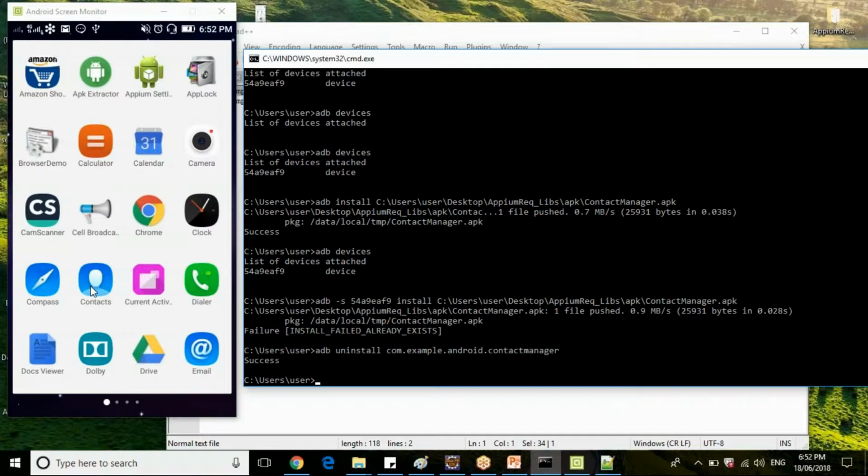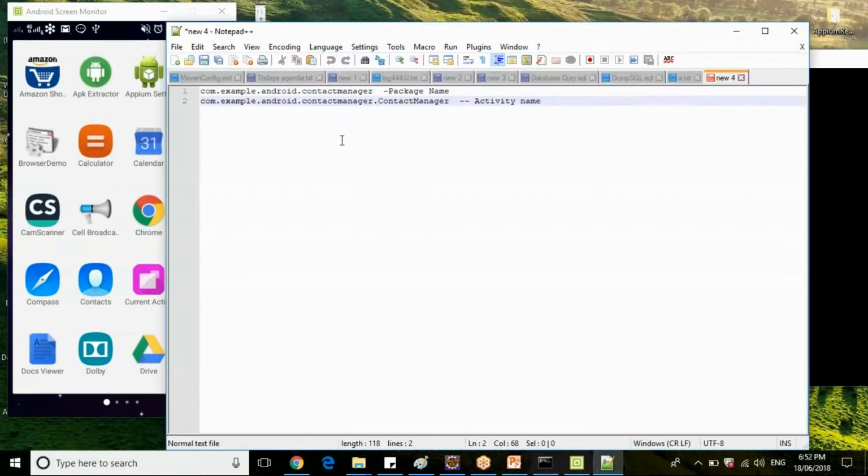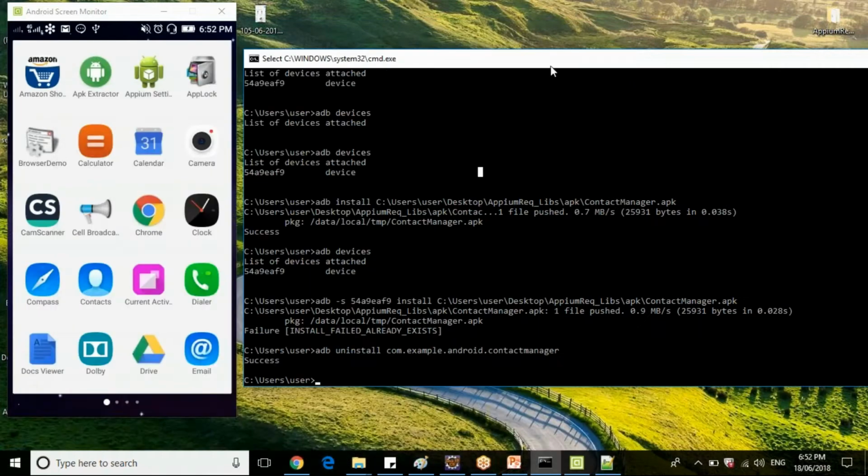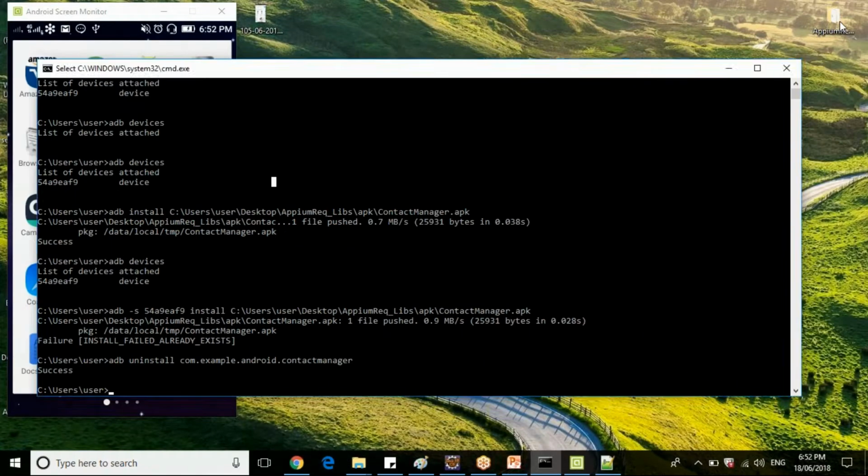So how do you identify the package name of your application? Your developer will not give you the package name. The developer will give you only the APK file which is to be installed in your mobile device.